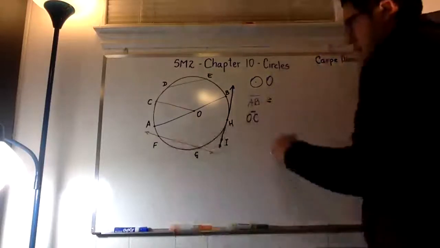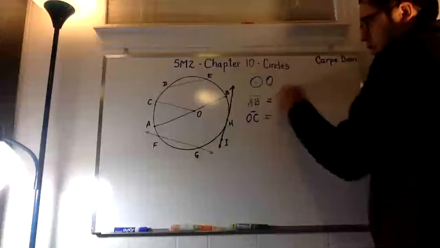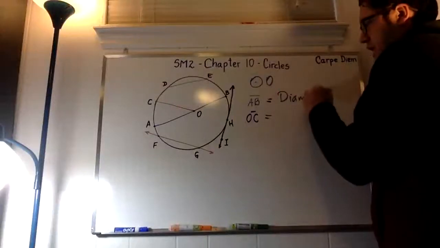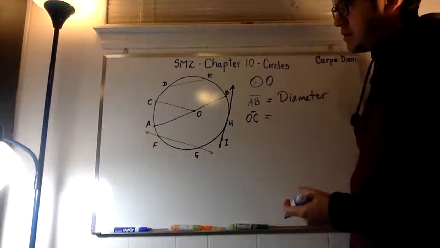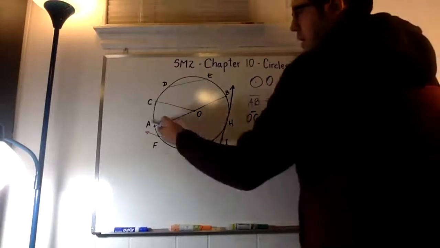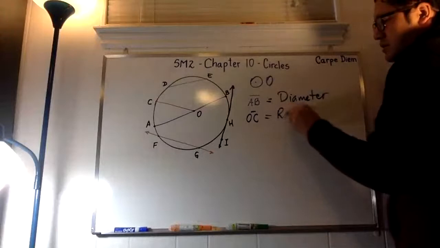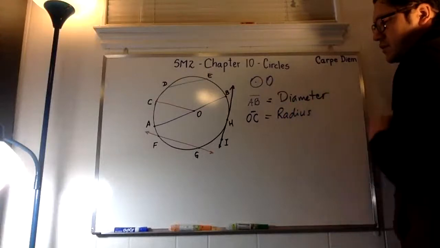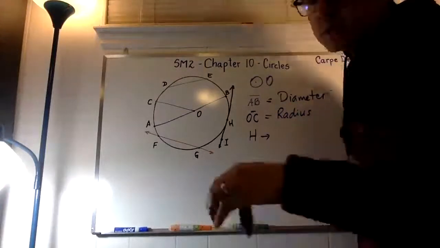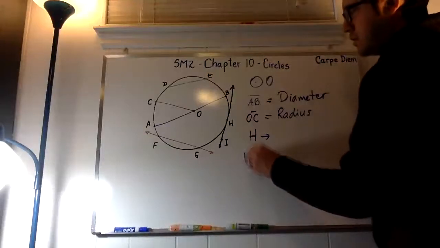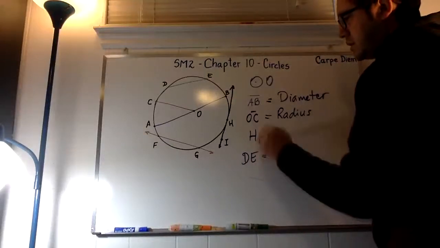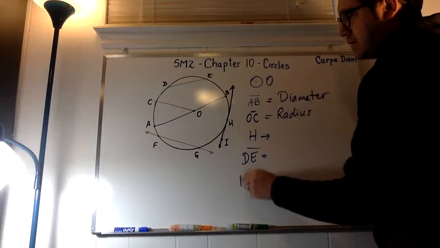So great, I see that. So yeah, we're talking about the diameter. How would you describe the diameter? It is a segment that connects. Who said yeah? OC is the radius. Okay. Now let's continue. Also, let's go with DE and FG,